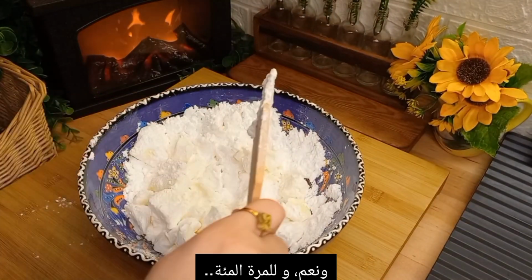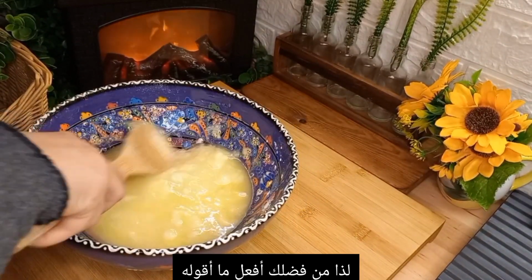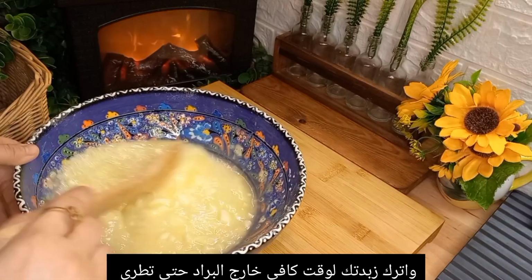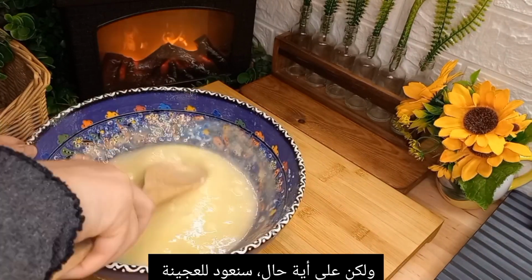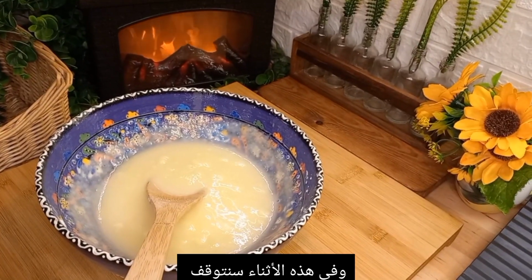And yes, for the 100th time, I didn't let my butter get soft enough. So please do as I say, not as I always do, and leave your butter out so it's nice and soft. But anyway, back to the dough, and eventually my butter did soften up, at which point we will stop